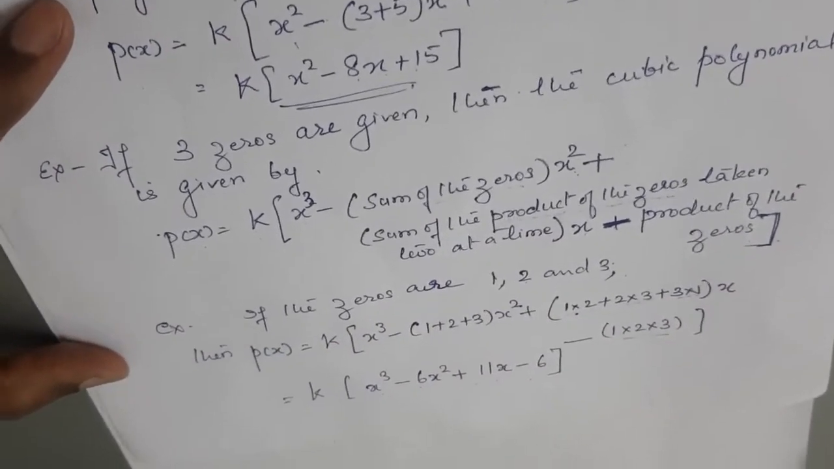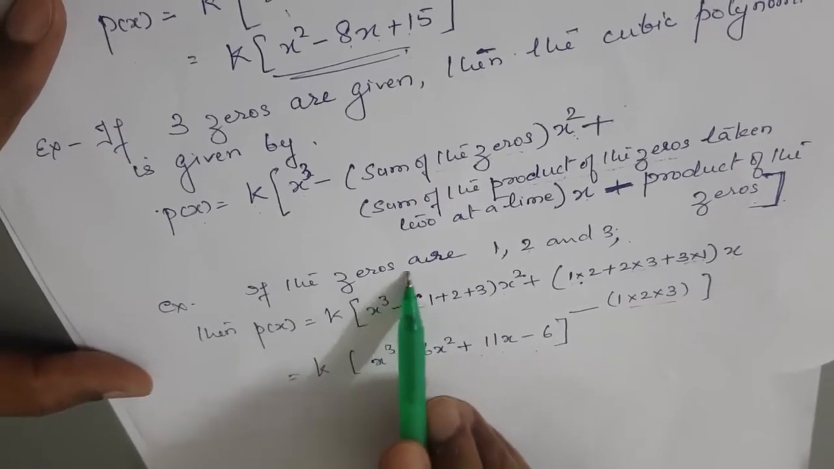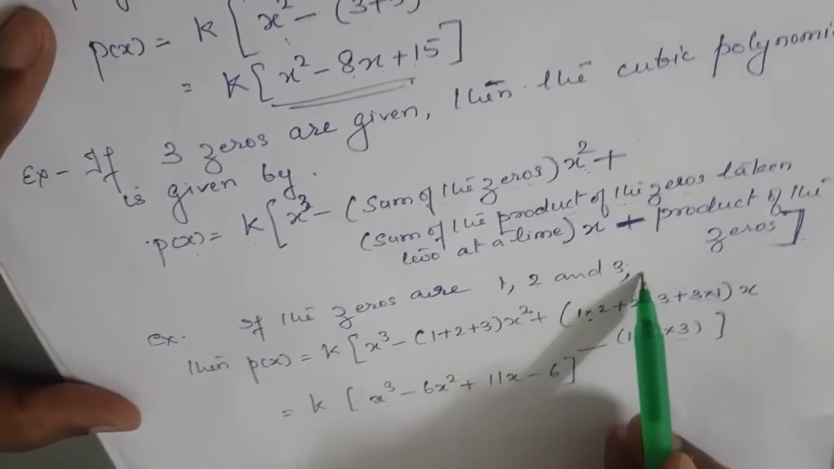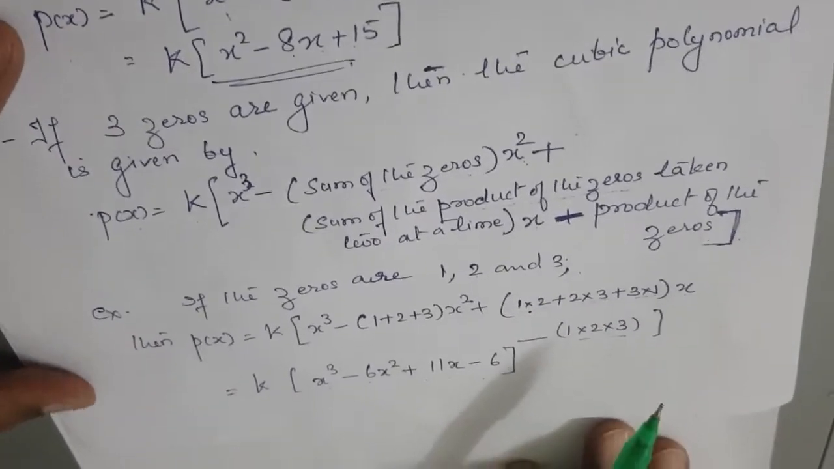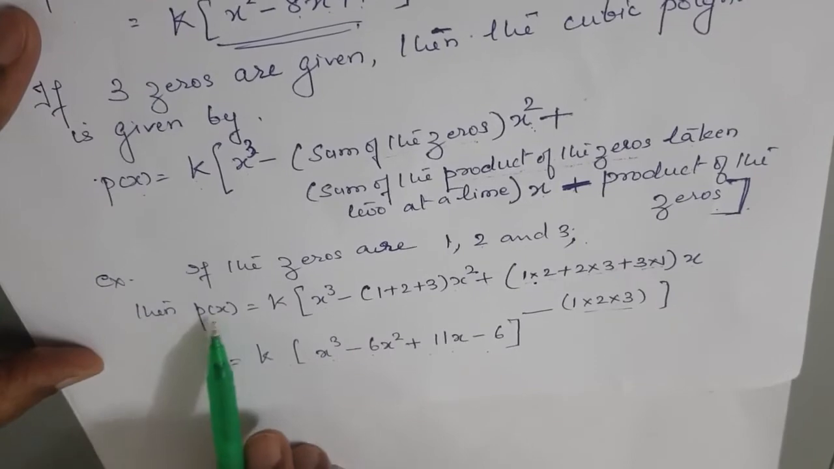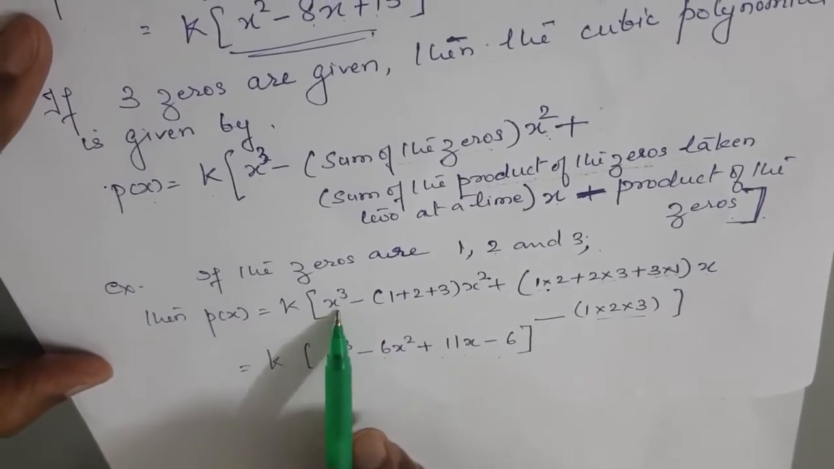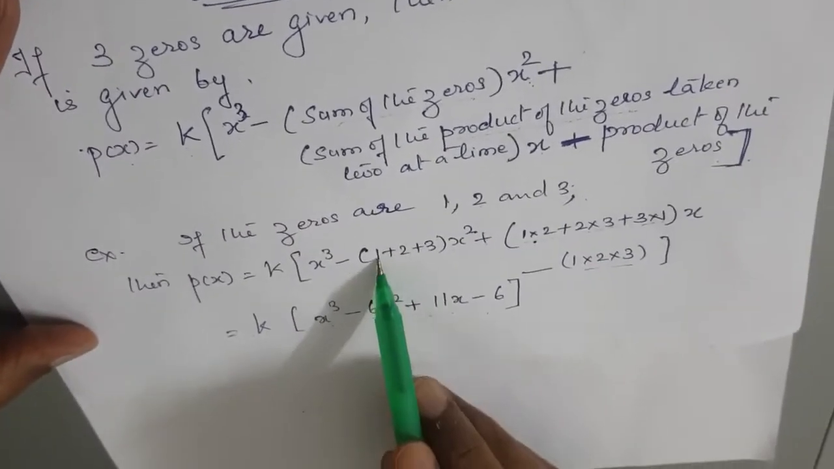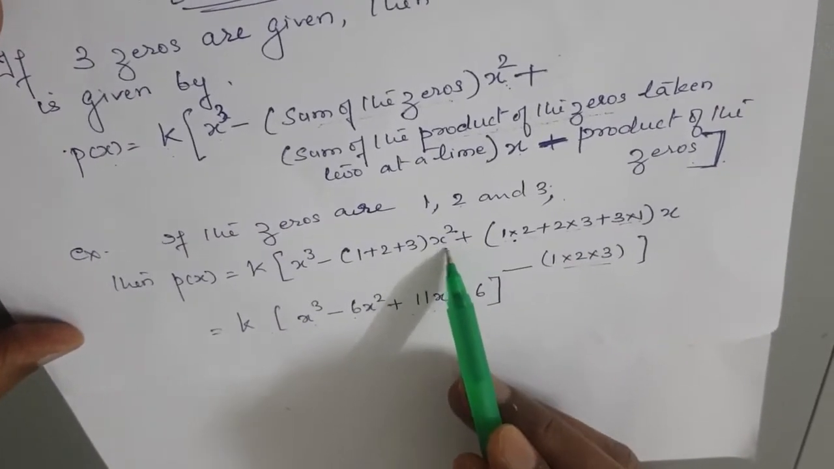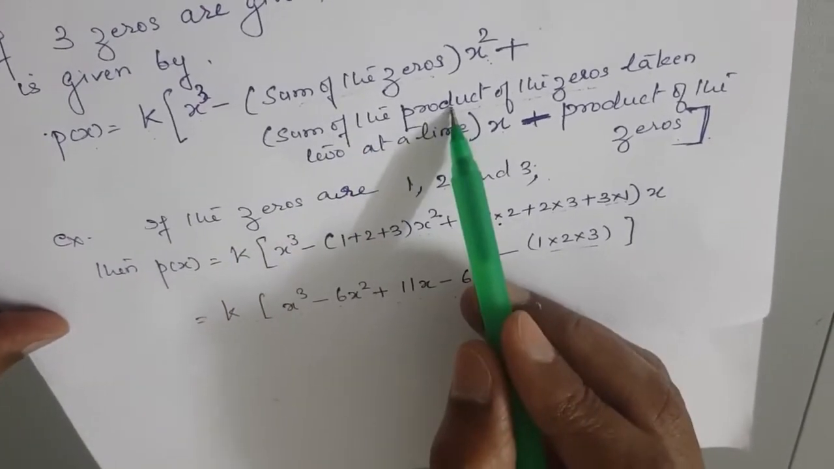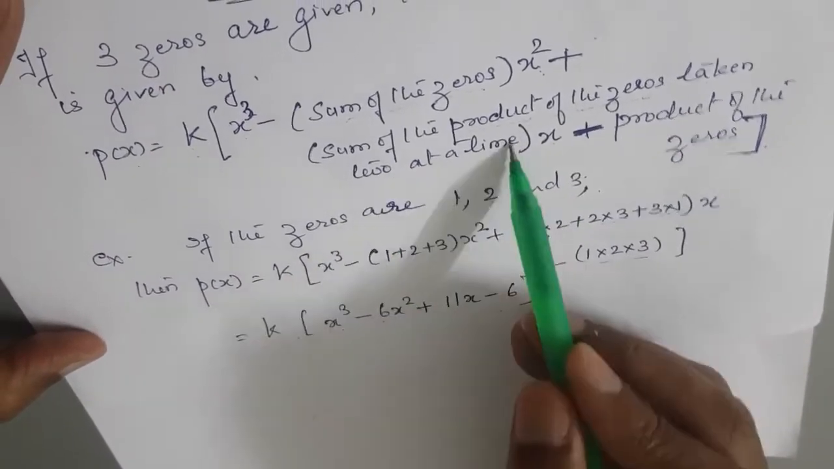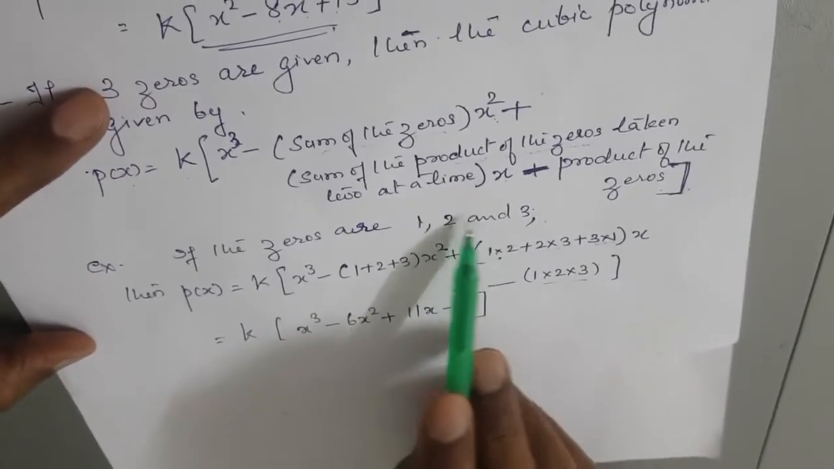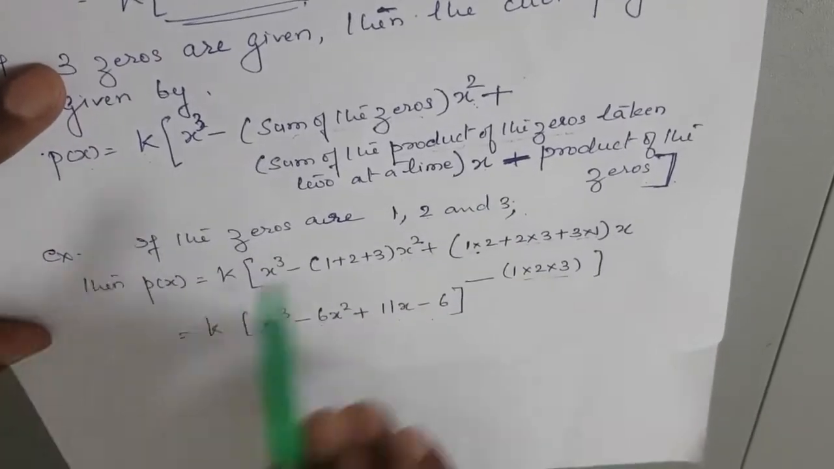Now, for example, if the zeros are 1, 2 and 3, these are the given. These zeros will be given to you and you need to find out the polynomials. So, p(x) will be k times x cube minus, it is given that it is the sum of the zeros. You add all these zeros, that is 1 plus 2 plus 3 into x square plus sum of the product of the zeros taken two at a time. How will you take two at a time? 1, 2, then 2, 3 and 3, 1,